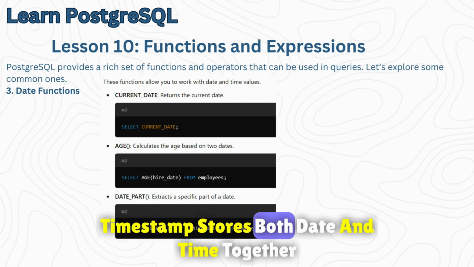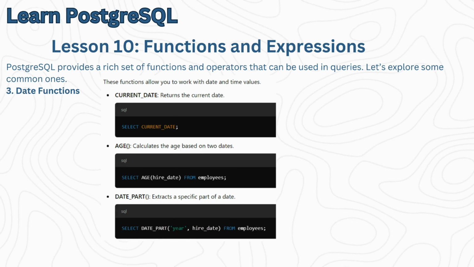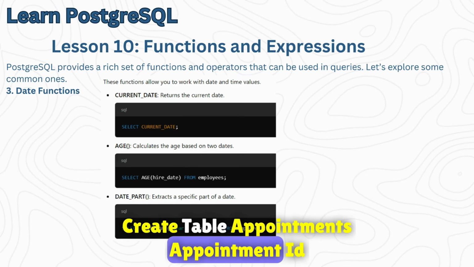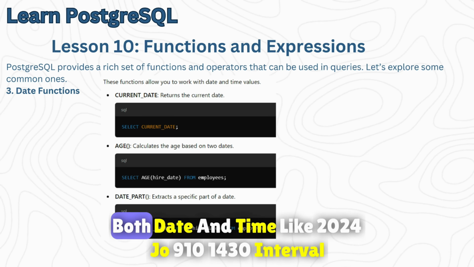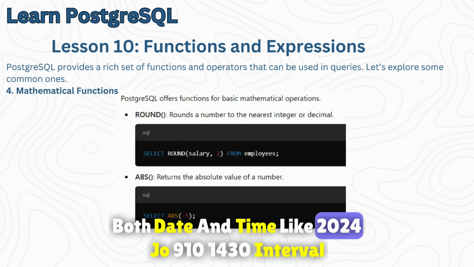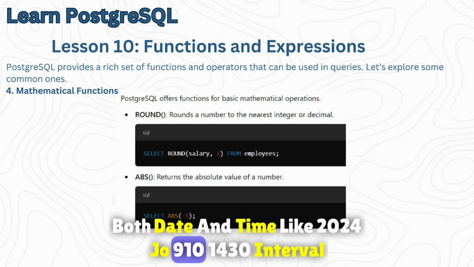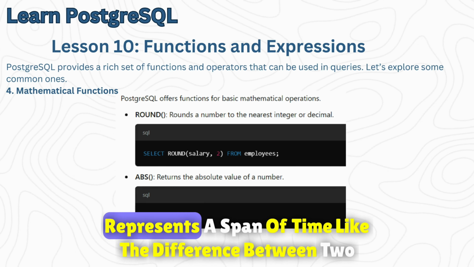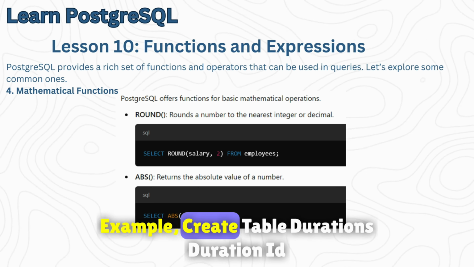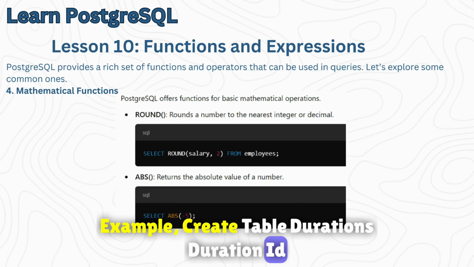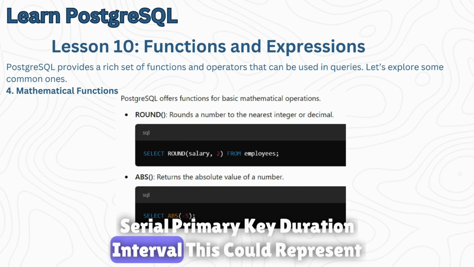TIMESTAMP stores both date and time together. Example: CREATE TABLE appointments (appointment_id SERIAL PRIMARY KEY, appointment_time TIMESTAMP); This stores both date and time like 2024-09-10 14:30. INTERVAL represents a span of time, like the difference between two timestamps. Example: CREATE TABLE durations (duration_id SERIAL PRIMARY KEY, duration INTERVAL);